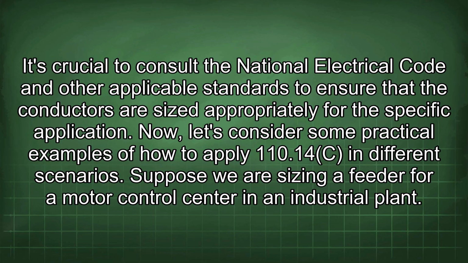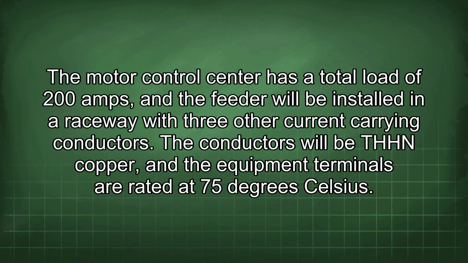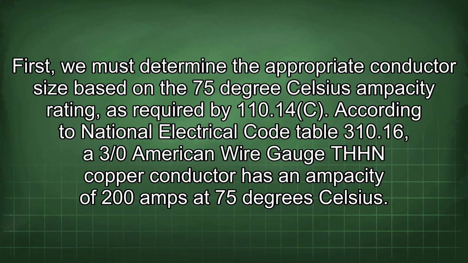Suppose we are sizing a feeder for a motor control center in an industrial plant. The motor control center has a total load of 200 amps, and the feeder will be installed in a raceway with 3 other current-carrying conductors. The conductors will be THHN copper, and the equipment terminals are rated at 75 degrees Celsius. First, we must determine the appropriate conductor size based on the 75 degrees Celsius ampacity rating,